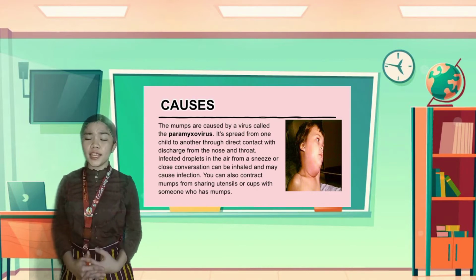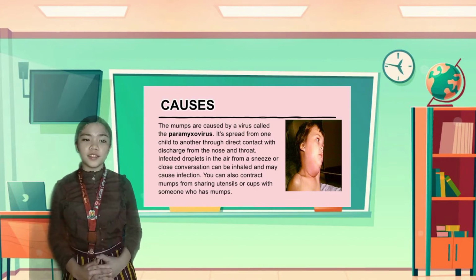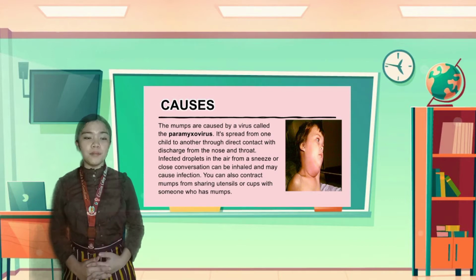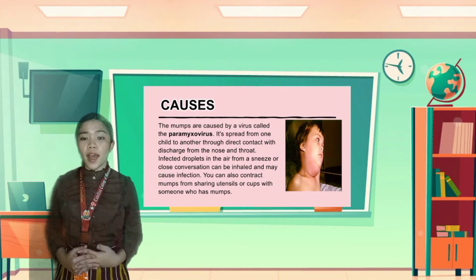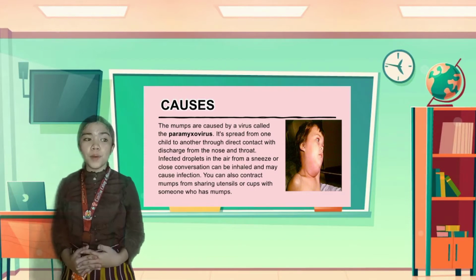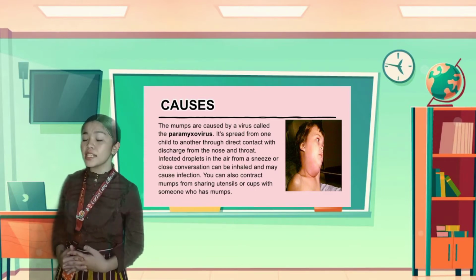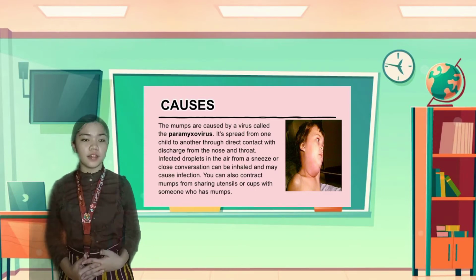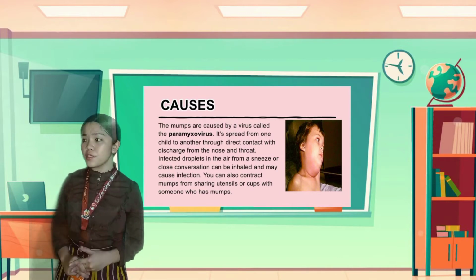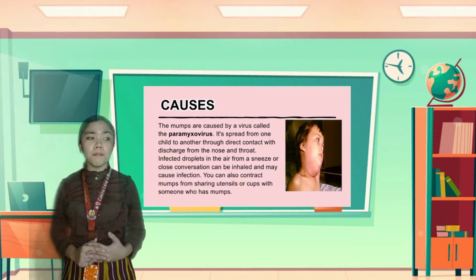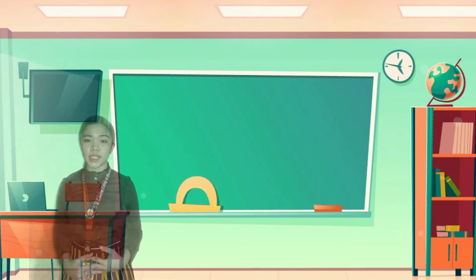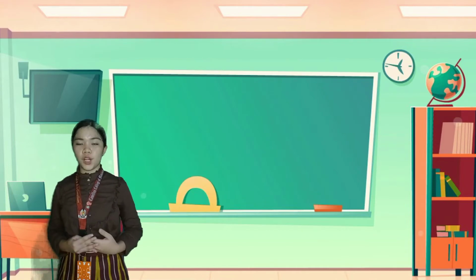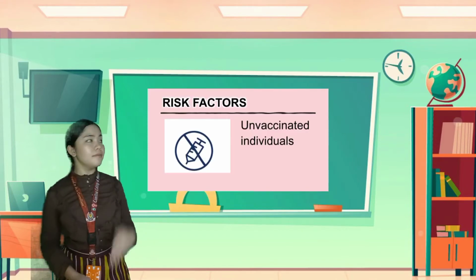If you're not immune, you can contract mumps by breathing in saliva droplets from an infected person who has just sneezed or coughed. You can also contract mumps from sharing utensils or cups with someone who has mumps. So, the risk factors of mumps are